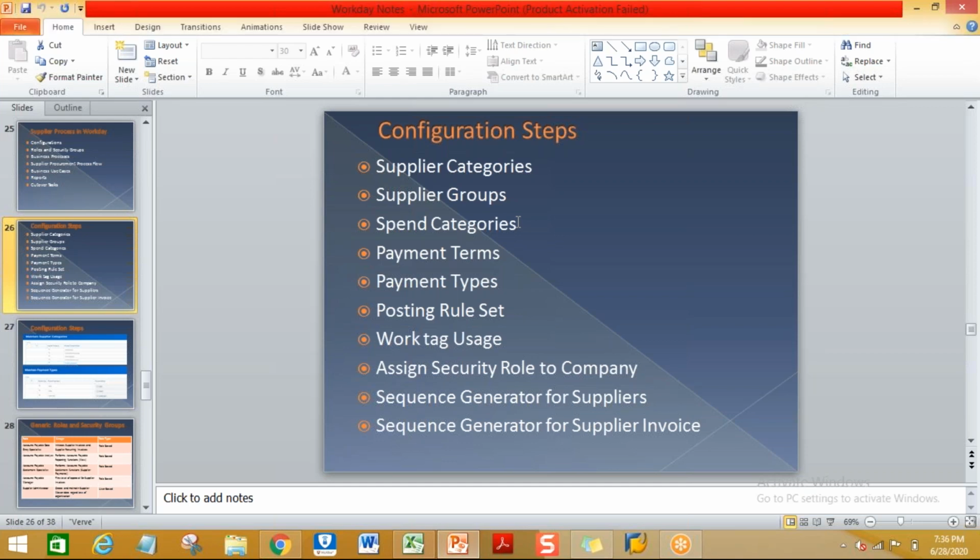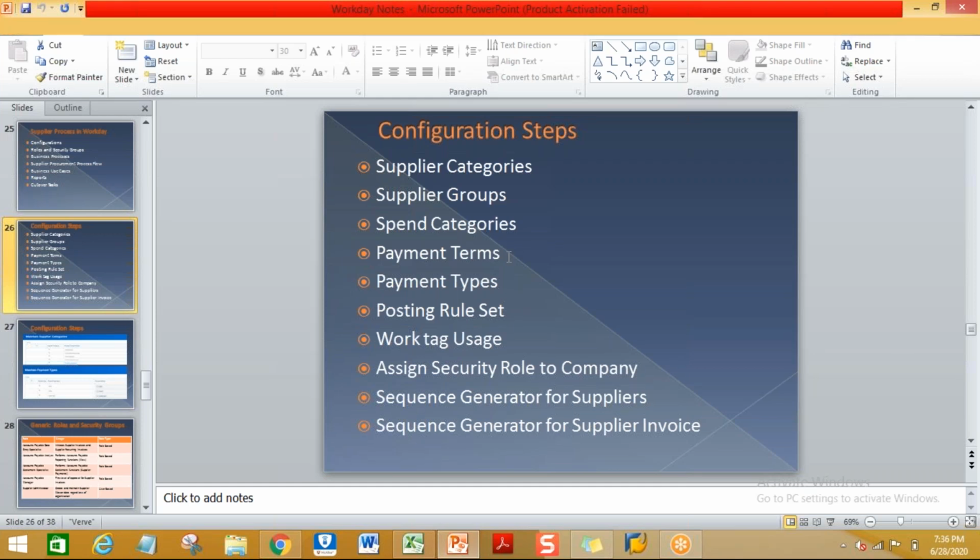For all these spend categories, you have to assign a combination of the required business dimensions and the GL accounts. As you may be aware, in Workday Finance there are two kinds of postings: accounting journals and operational journals. Except the GL process, all other financial postings will be done through operational postings. To make the operational postings, the spend categories play the key role, expense spend categories and revenue categories. So you have to maintain these spend categories at the account posting rule set level.